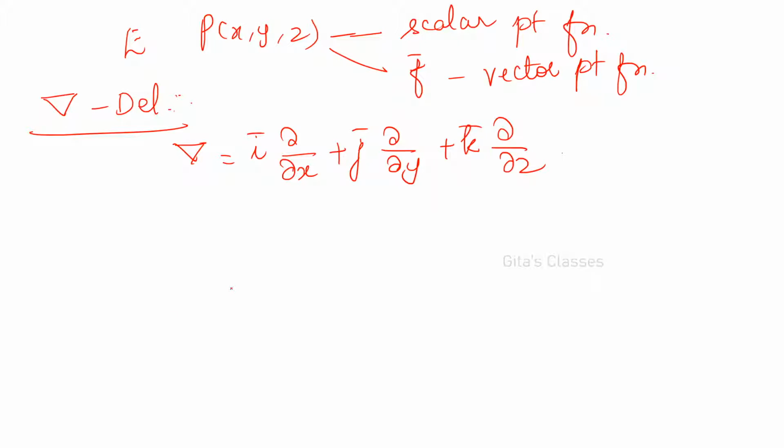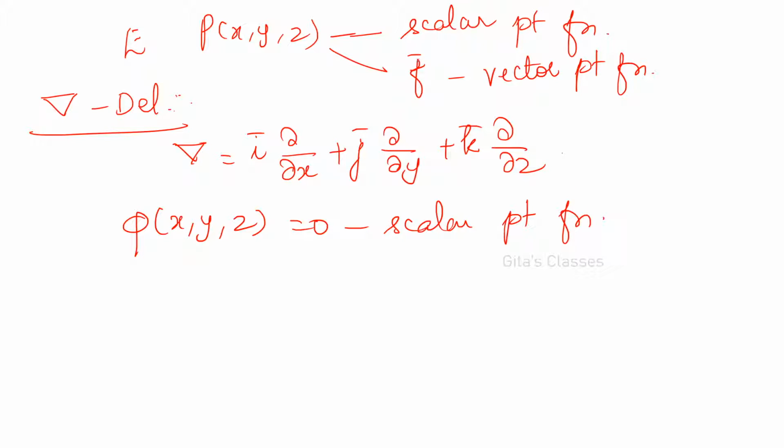Okay. Then next is, it can be applied to a scalar point function. If it is applied to a scalar point function, generally phi of x, y, z is equal to 0. We consider this as a scalar point function, phi. And vector point function means f bar. Okay. F bar means f1 i. Generally we take f bar as f1 i plus f2 j plus f3 k. Okay. So if del is applied in the scalar point function, that is called gradient of phi